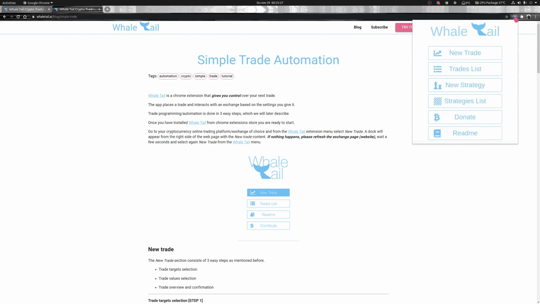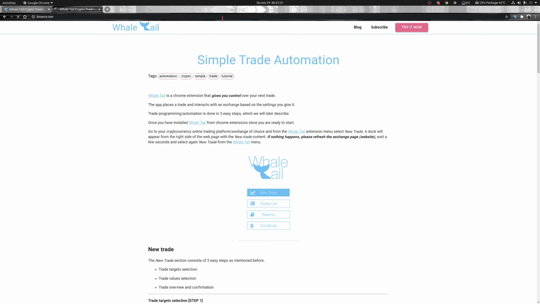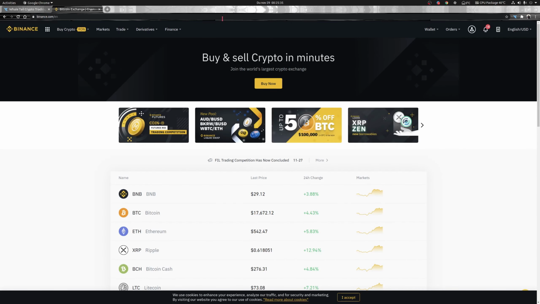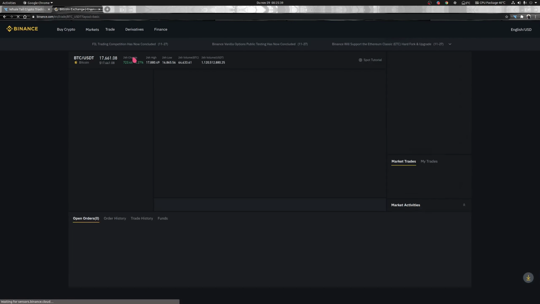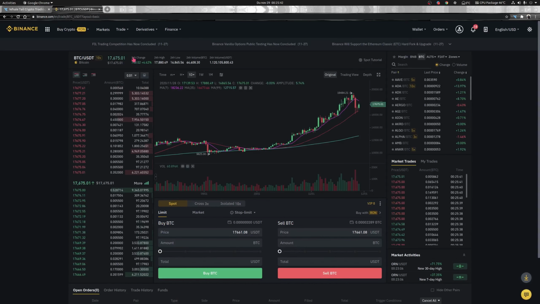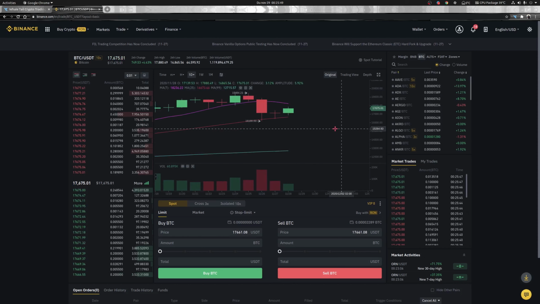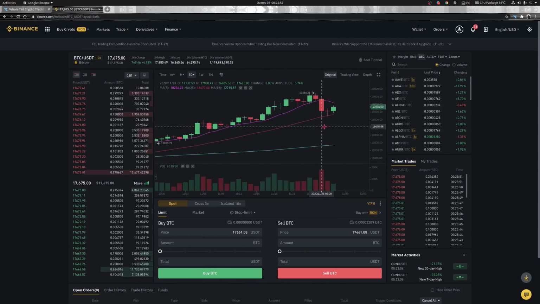We've installed the app, we have it right here. Now we want to go to Binance and we want to trade something. We want to make some money. We go to the classic terminal from Binance, and what a perfect day. Bitcoin is at 70,675. And what we want to do, let's say we want to buy more. We want to FOMO into it. We want to take it to the edge.